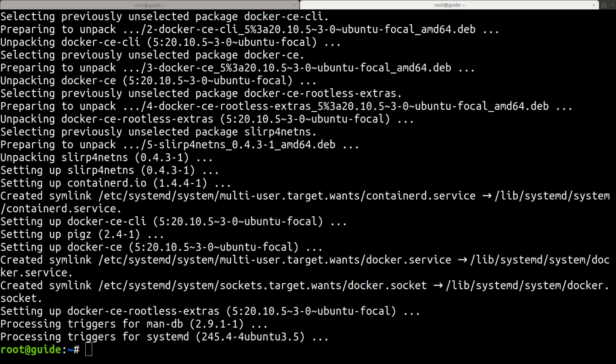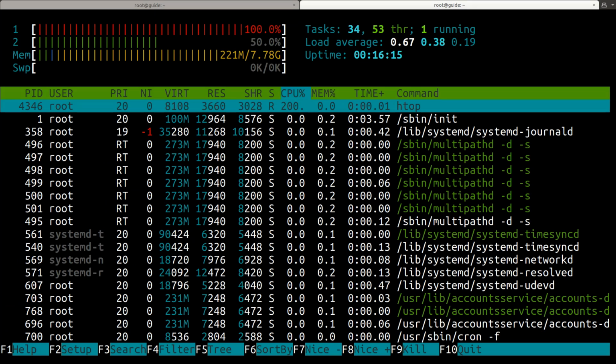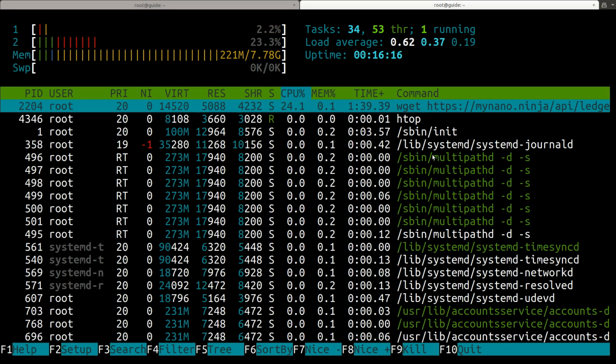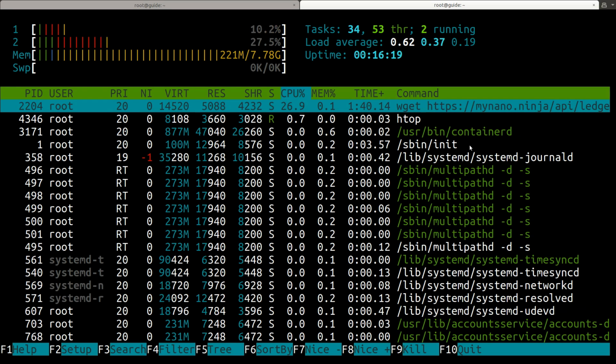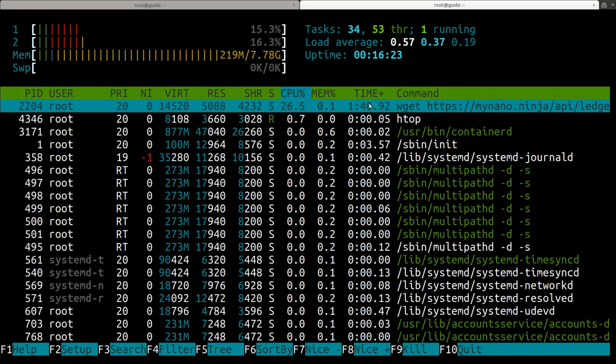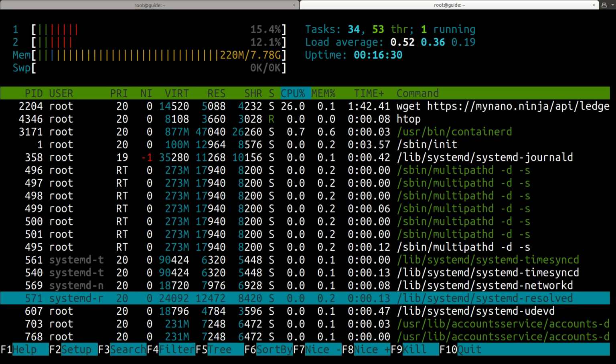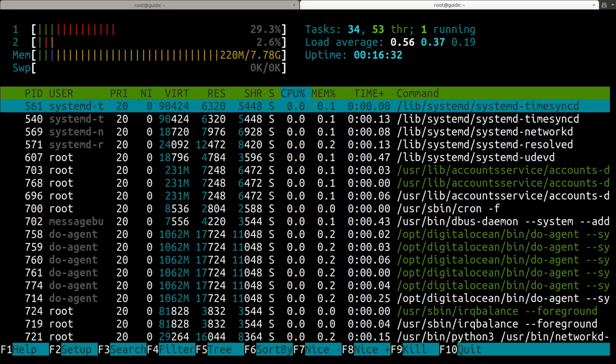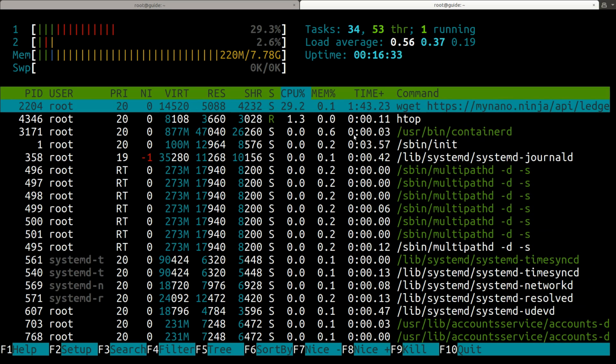Something you might want to know that's kind of fun is there's a command called htop that lets you look at what's running on your system. You can see here in particular, the wget command we ran right here is running, and it's been going for a little bit of time. It's taking up 25% of one core of a CPU. You're going to see that when you run your Nano Node, it's going to make a bunch of entries in this list. There's a lot you can do with htop that's pretty cool, but I just thought you guys would like it